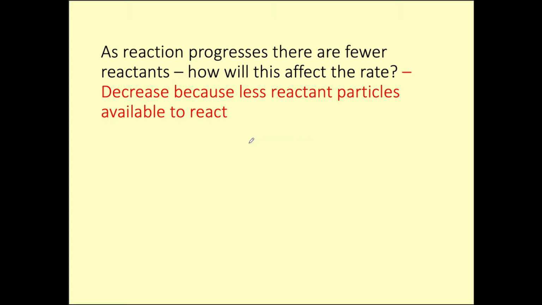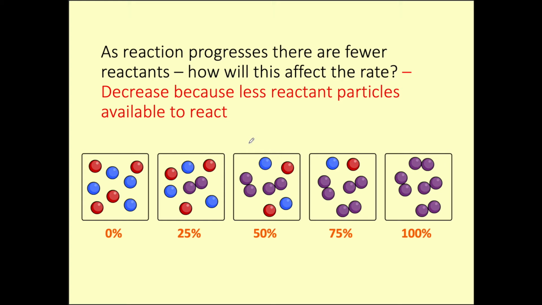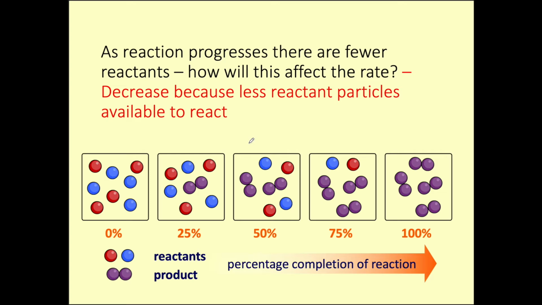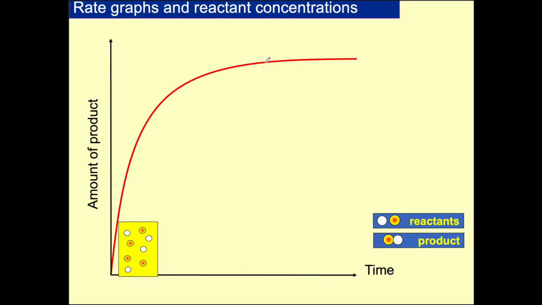So we're going to have a decrease, because the fewer reactant particles there are, the fewer reactions that can be happening. And because they're less available, our rate of reaction is going to decrease. So if we look at a graph, we can see how it falls into a more horizontal line. It starts off very steep,